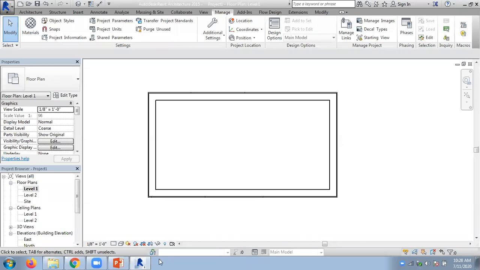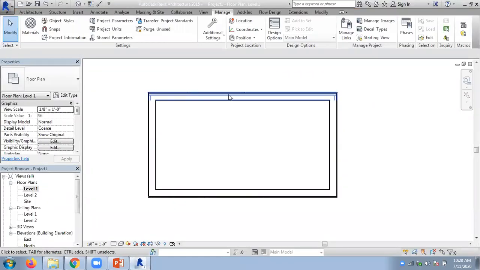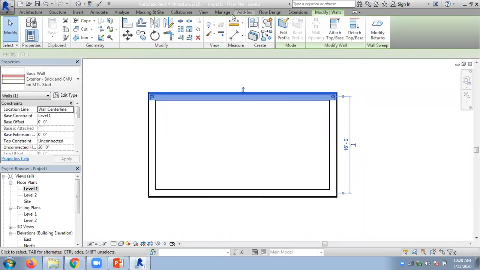Now every element has an ID in Revit. ID means something like a unique number. So you have a unique number for this element, another unique number for this element. So every Revit element has an ID. So if you want to inquire the ID of this element, you can select this element and go to Manage